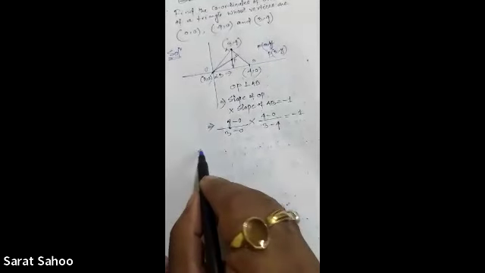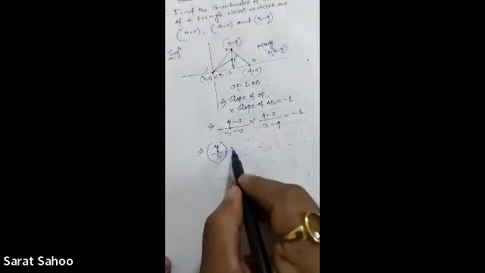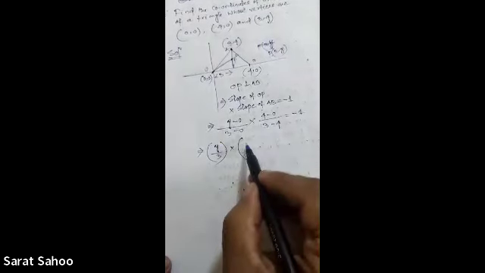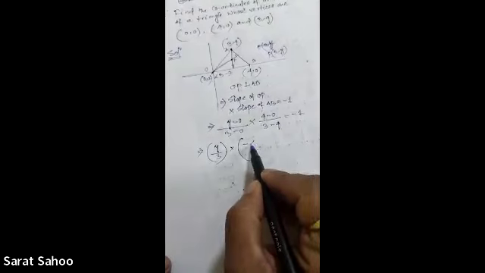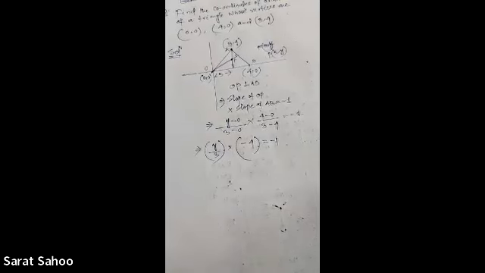This implies y upon 3 into 4 upon -1, that's -4, is equal to -1. So y is equal to